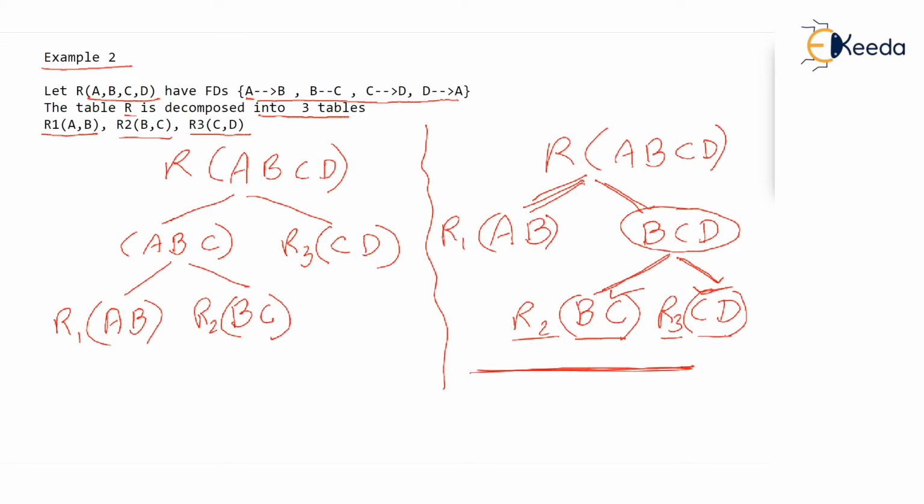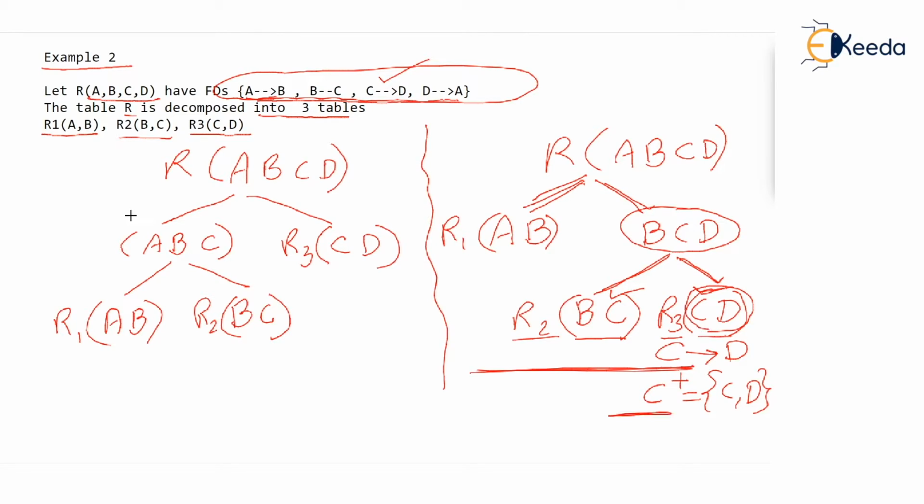We have a dependency C determines D. So for R3, C determines D holds. That means C closure in R3 is going to contain C and D, so it's going to contain all the attributes. So C is the candidate key in R3. That's enough. The common attribute C has to be a candidate key in one of the tables, and it is a candidate